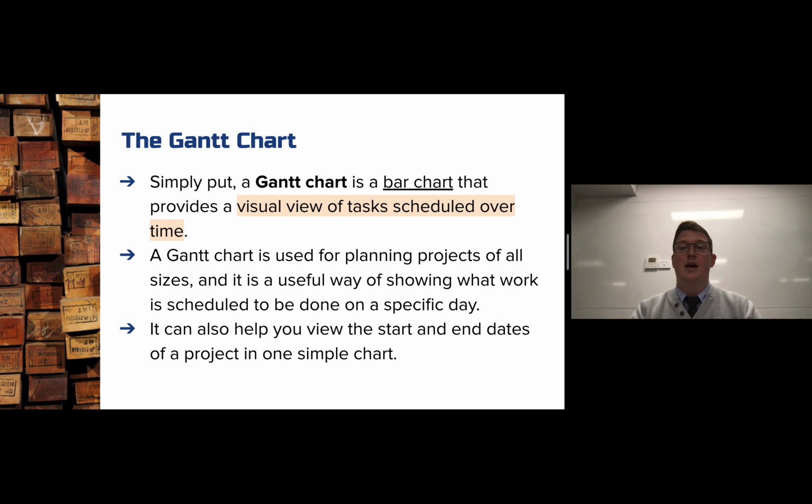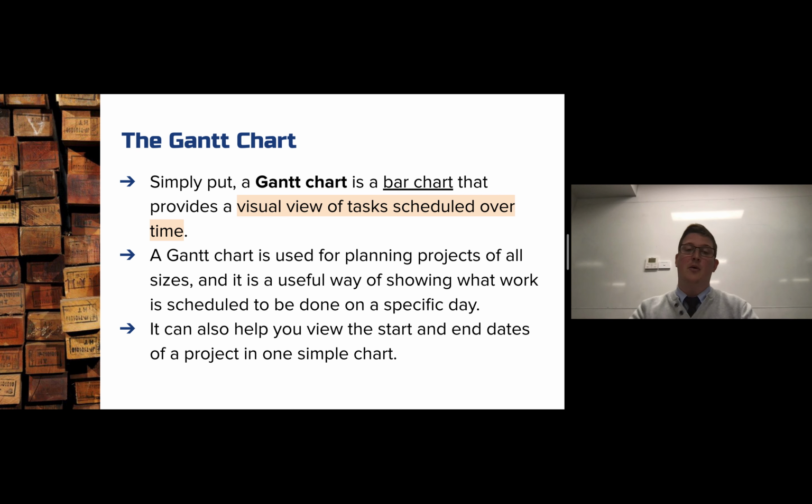To start with, a Gantt chart is a bar chart. So if you think of all of the different charts you've learned about, probably in maths and science, you've got column graphs, bar graphs, pie charts, etc. This is effectively a bar chart. The bar chart helps us see a visual representation of each of the parts of the project scheduled across a time period. So if you think of the X and the Y axes, you've got all of the jobs that need to be done in your project against all of the time that you have to get the project done. So we start with, in week 1 we're going to do this, in week 2 we're going to do that,